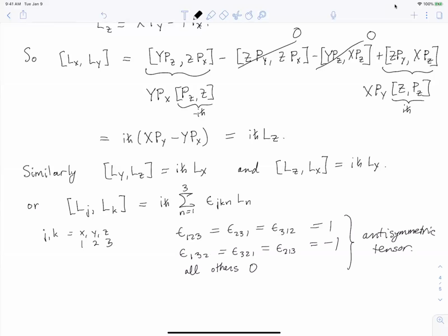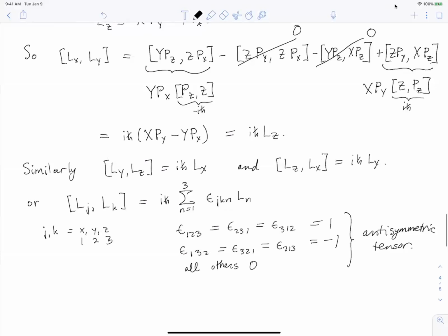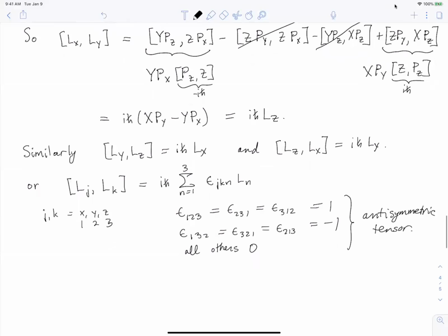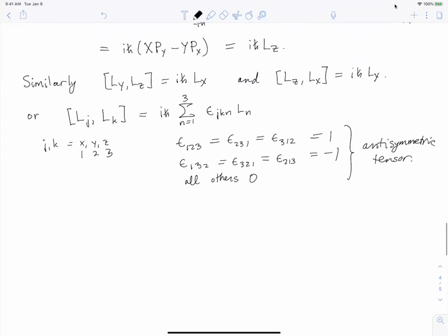And so this is just a way of summarizing all the different commutation relations for L's. Okay, so more generally, you could talk about any set of three operators that obey those commutation relations, and more generally, that is called an angular momentum. So more generally, an angular momentum,